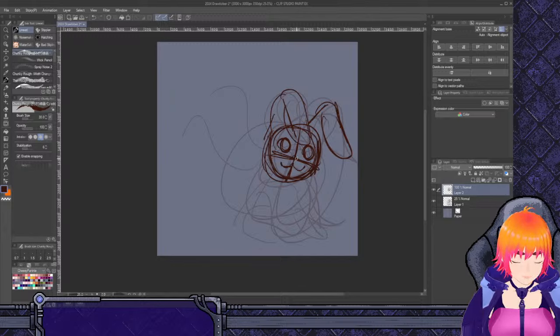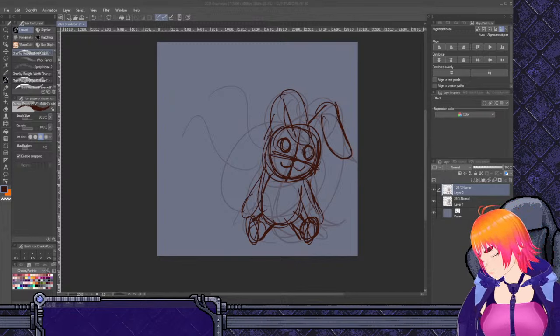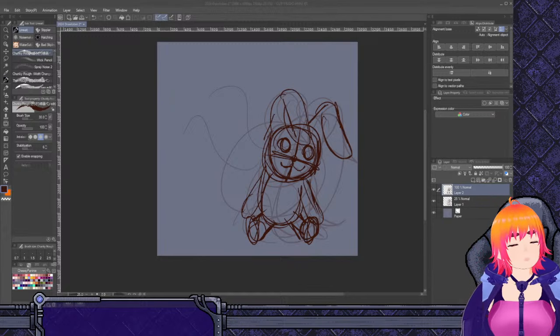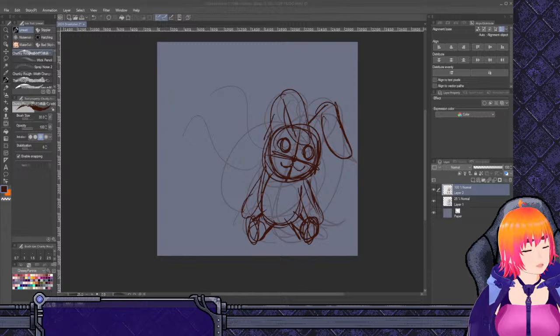So happy looking, but it's actually all stuff. Wait, I should probably look for bunny plushie. Yeah, the bunny plushie is very good looking. I just need to know how to make